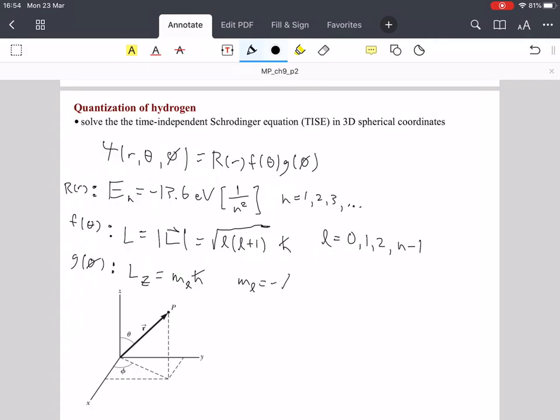So we have that ml could be negative L, it could be negative L plus 1, it could keep going, depending on what L is, up to 0, and then it could go up to L minus 1, and then finally up to L. So it can be very simple. If L is equal to 1, then ml is either minus 1, 0,